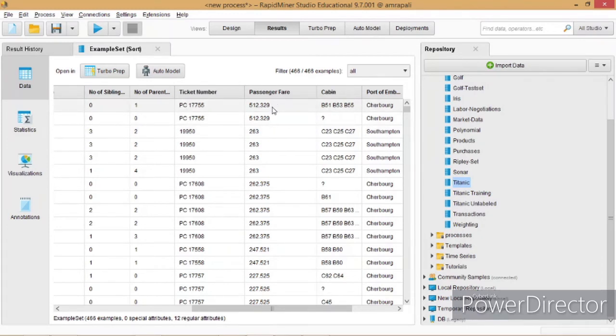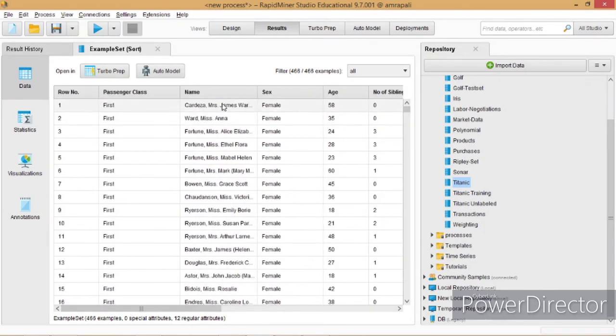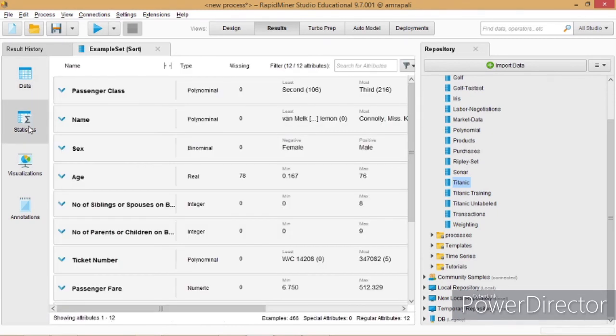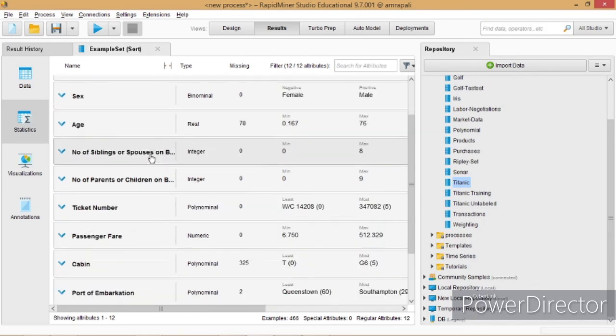So you can easily see the highest fare is 512.329, and the two passengers here paid the highest fare for the Titanic traveling. Like this you can go to the statistics and you can see different types of rows here.